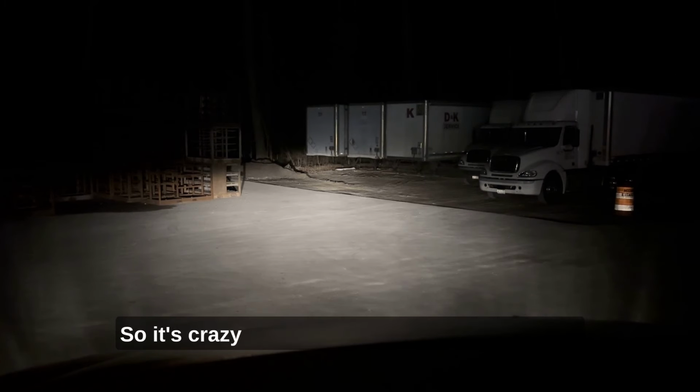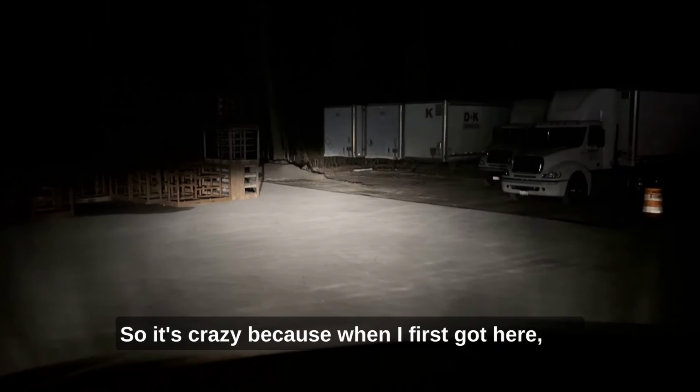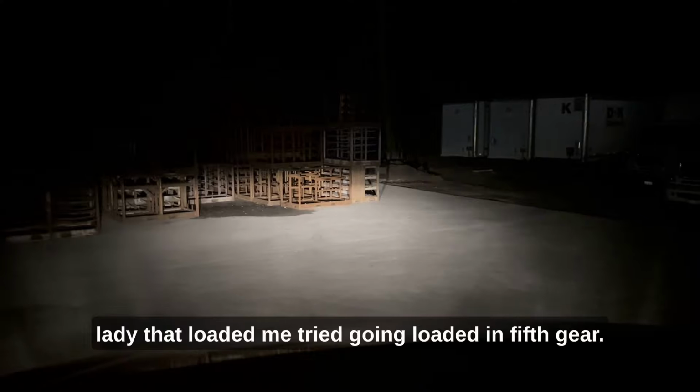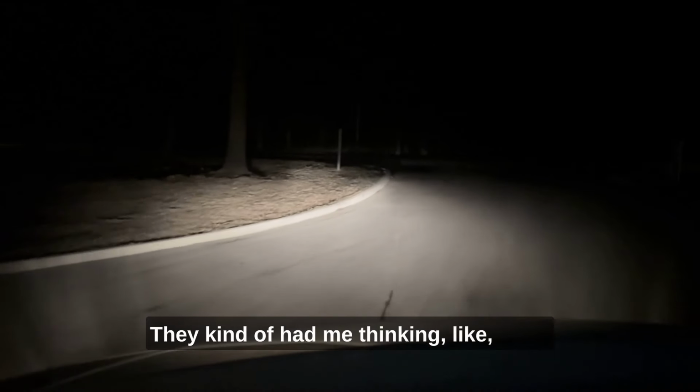So it's crazy because when I first got here, the lady that loaded me, I tried going loaded in 5th gear, and that doesn't really work too well usually with this truck. But yeah, the lady that loaded me just now, when I first got here, kind of had me scared. They kind of had me thinking like I was gonna have to turn around and go home, and the load